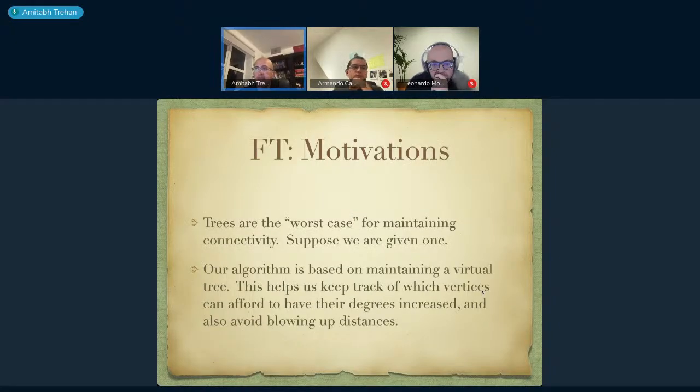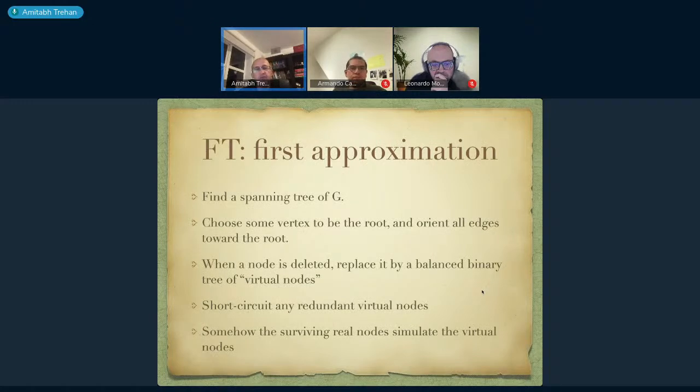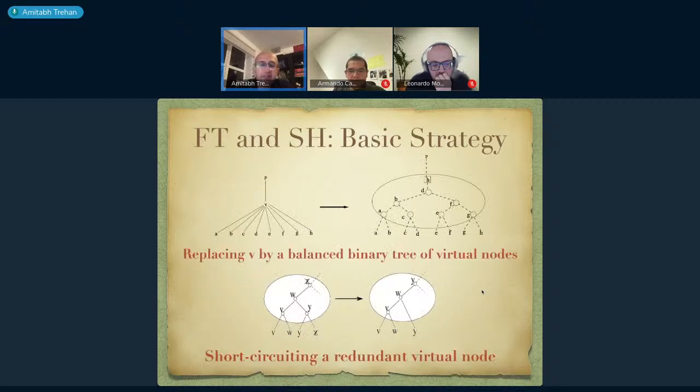So like I said, basically what you can do is whatever graph you begin with, you can just first make a spanning tree out of it and make it a rooted spanning tree, so that you have a parent on the top, and it's like a parent-child connectivity which happens. And the two operations which you do are the main operation being you replace the deleted node by a balanced binary tree of these virtual nodes, which we